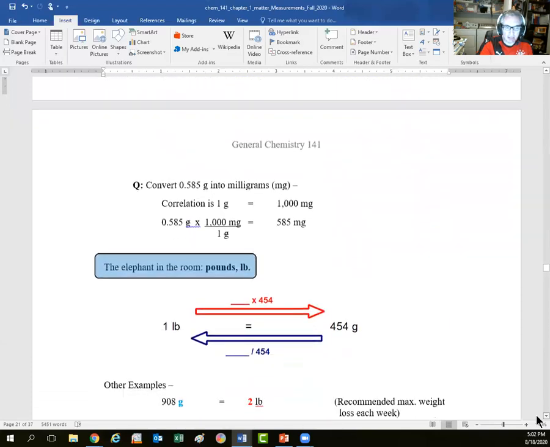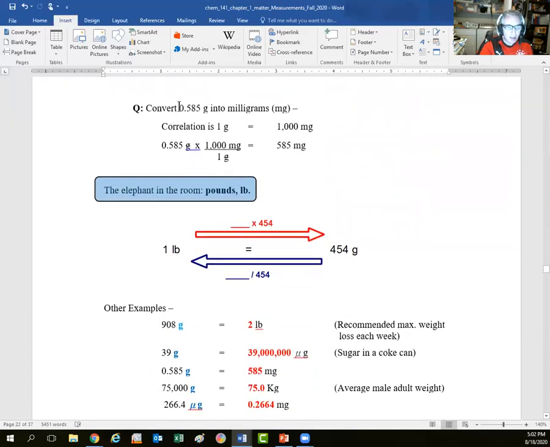Quick example using the factor label method again. 0.585 grams converted into milligrams, that's a factor of 1,000. 1,000 milligrams to make a gram. We set it up so that the initial units cancel out. If they don't cancel out, then you've set up your fraction the wrong way around. And so 3 zeros in the conversion, so the decimal place moving once, twice, 3 times to give 585 milligrams